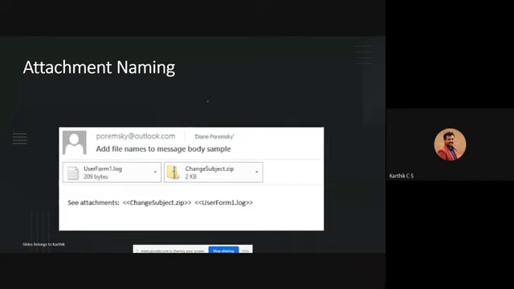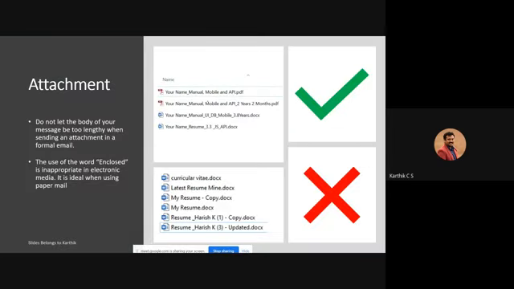So we'll see what are the bad types of attachment, when you're sending a profile to a team member, and how you can rename the profile and send it out. We'll see. So you can see, when you're sending an attachment,